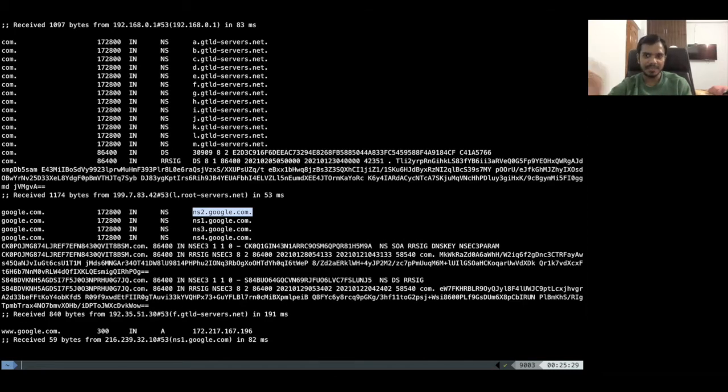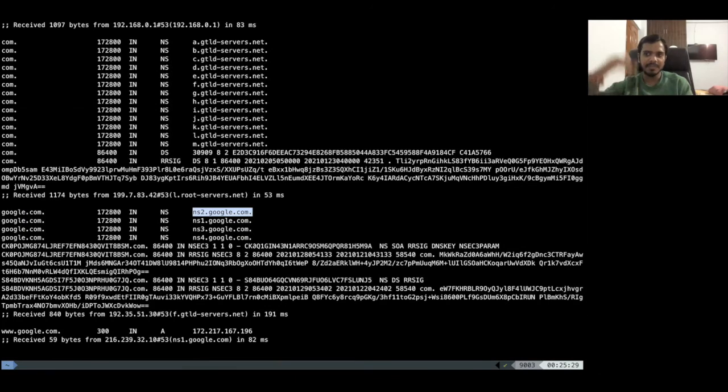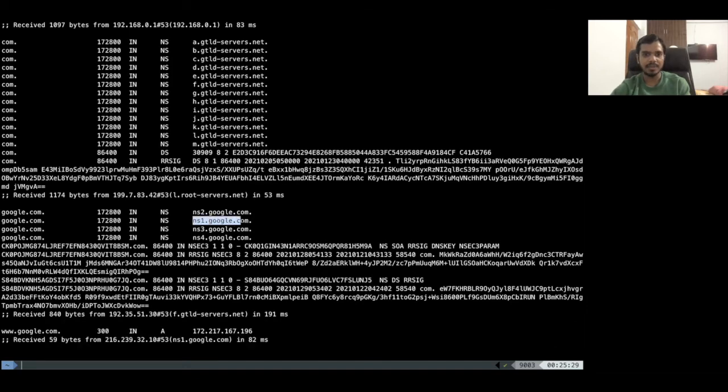But in that case, if you remember, 1 and 8 was recursive, others were iterative. Here, all are iterative. When we make a request, we directly get the reply from that. Now, of course, we got the reply. At the last, if you see, this is the last one, in just 2 lines, received 59 bytes from ns1.google.com. So it selected ns1.google.com from this list, and then it hit this authoritative name server, and it got the reply for google.com A record. This is the IP address for this.